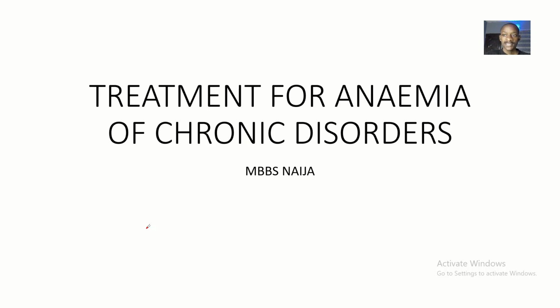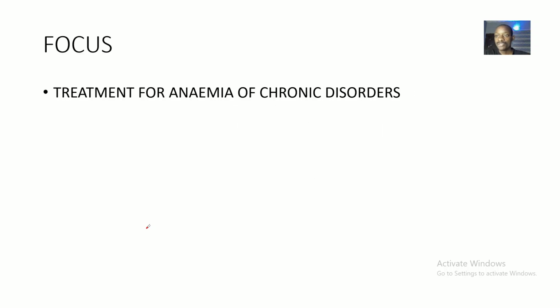We earlier made overview lectures on the anemia of chronic disorders, and we spoke about this medical condition. And we said that this medical condition, anemia of chronic disorders, just like the name implies, is a result of what? Underlying medical conditions. So this individual has some underlying medical conditions, and these are the ones that are triggering this anemia to come into place.